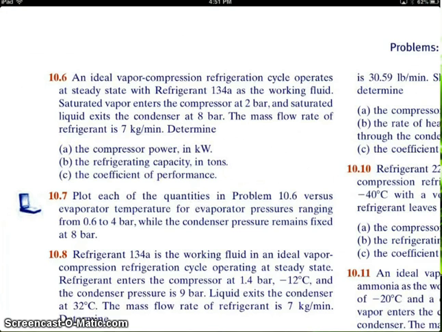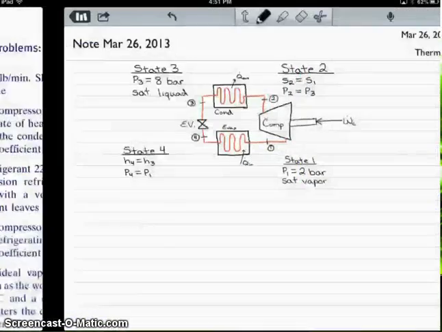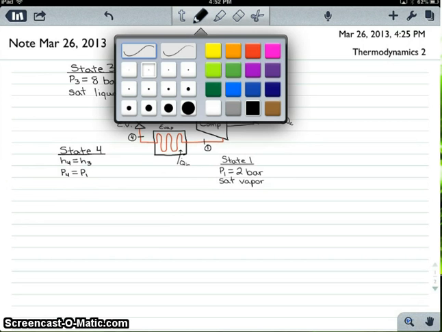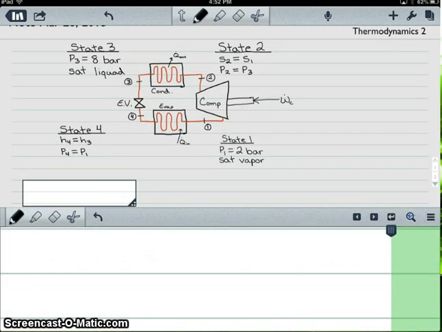Determine the following. Let's go ahead and first write down all of the known information, and I've already done that, as you can see in the drawing. Okay, so we'll get our drawing up and get started. Starting at state 1, from appendix table A-11 at 2 bar,